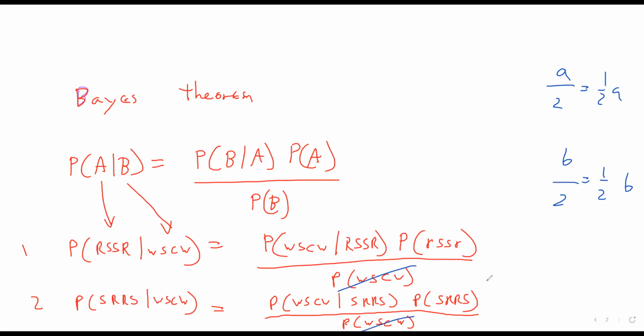Get rid of it. Do you guys see that? Since we can get rid of the denominator, it simplifies this considerably, because really it's the same thing, walk, shop, clean, walk, in both. So that simplifies this considerably to just be